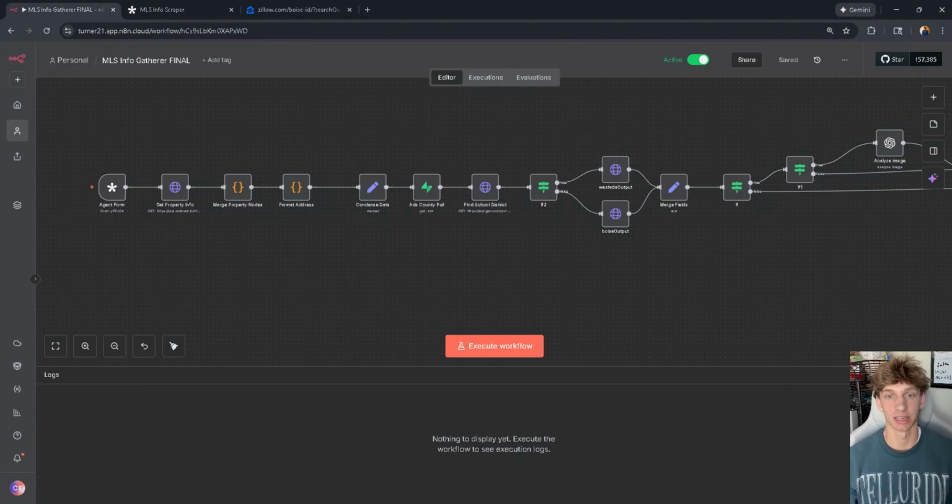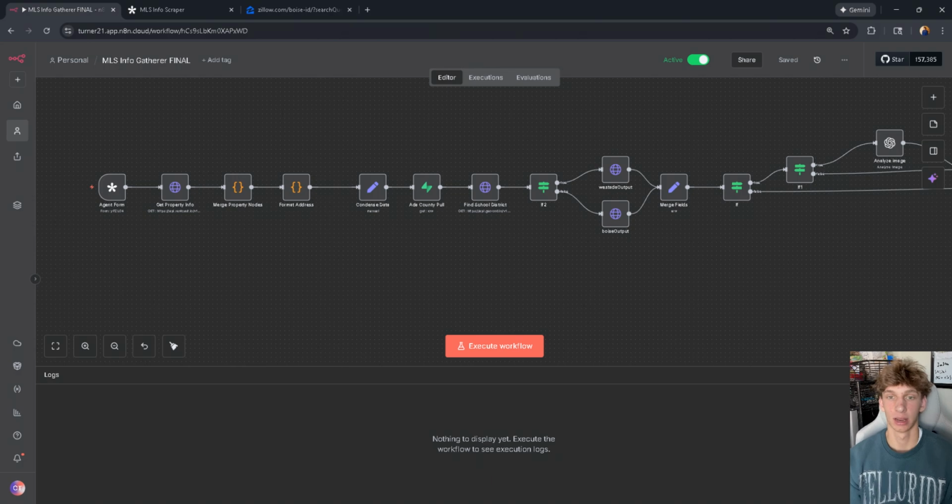Hey guys, today I'm going to be walking through an AI-powered workflow that automatically grabs all the information that may be needed for an MLS form or description. It will just take the address, and you can add additional details as well if it's a newer build. It will go through county databases and find parcel numbers, legal descriptions, neighborhood zones. It will grab info such as garage types, tax returns, and it will also automatically have an AI-powered MLS description